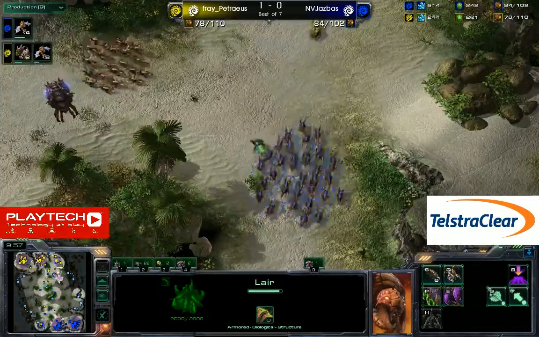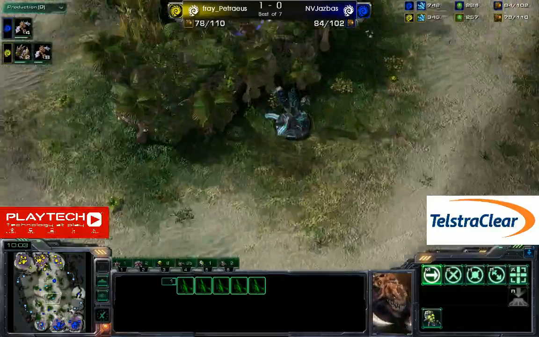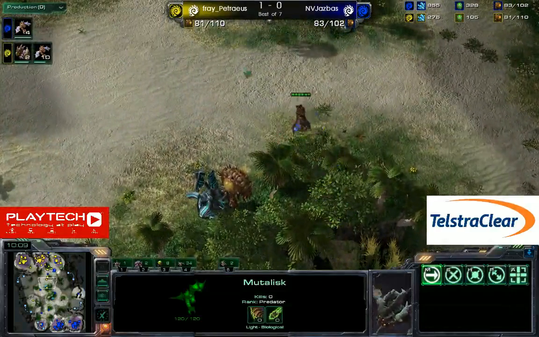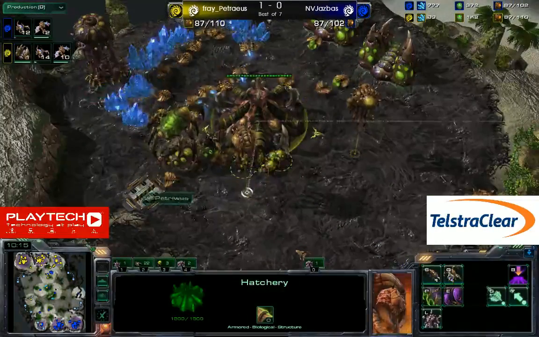So Mutas are now on the way. A couple are already popping out for JazbZ. He's got 4 out on the map, another 4 just about to finish up here as well, so he's going to go for a total of 8. Meanwhile for Petraeus, he's got 10 building right now, so he is going to have a slight lead in the